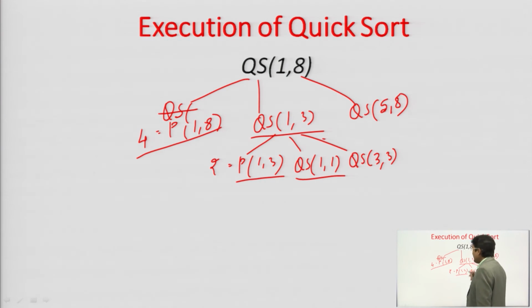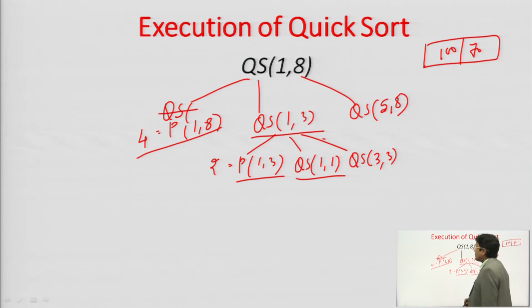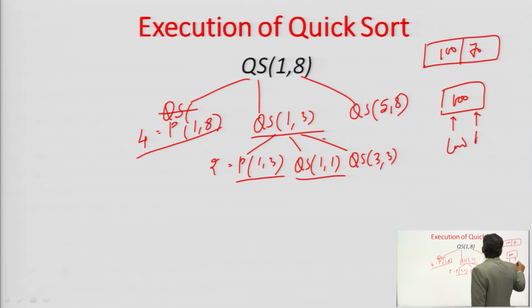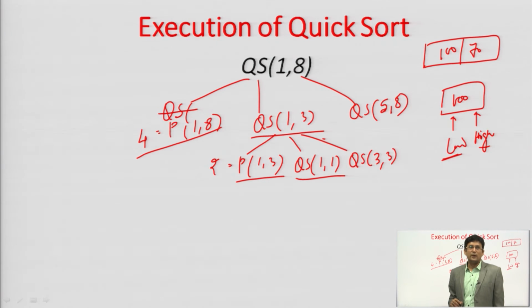We have to decide whether we will proceed for this or not. Let us say you have only 2 elements, like 1 and 70, which is unsorted. So, you need to do the partition, or you need to do the sorting. But let us say you have only one element, 100, and low is here and high is also here. You have one element only. You do not need to do the partition, because an array with a single element will already be sorted. So, you do not need to proceed with the quick sort in case you have only one element.